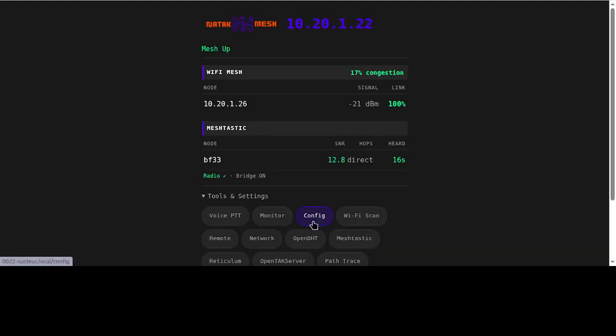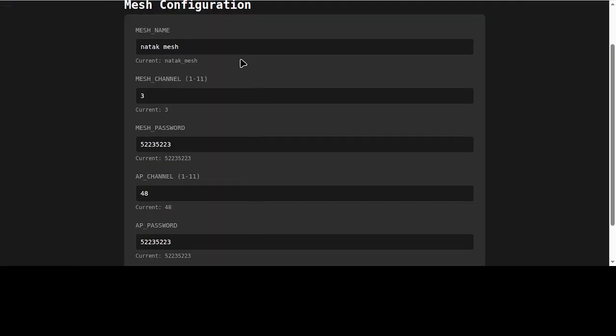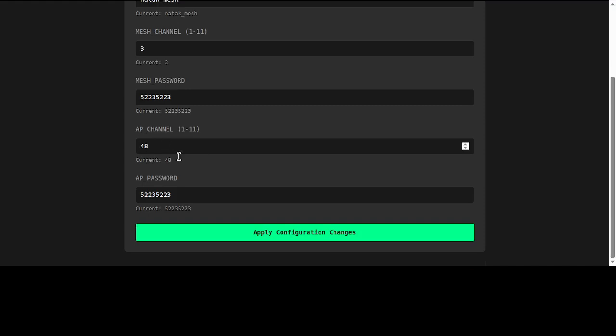Let's see here. Config. So this lets you do some config changes on the fly. Mesh name, channel. This was kind of important. On the first page, if your congestion's getting bad, you can scan the 2.4 gigahertz channels. We'll get to that page later. And then pick the one with the least congestion. Passwords, access point, channel,